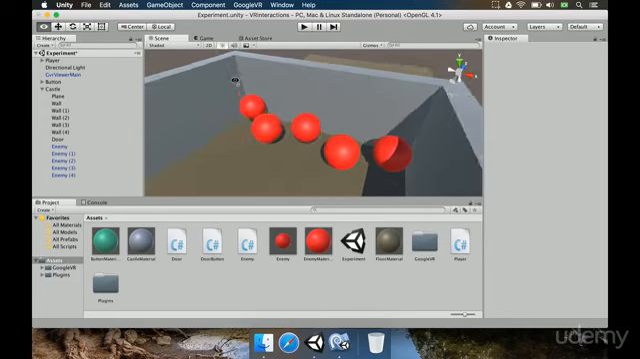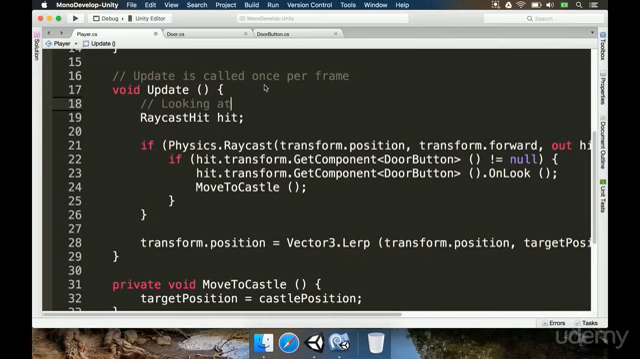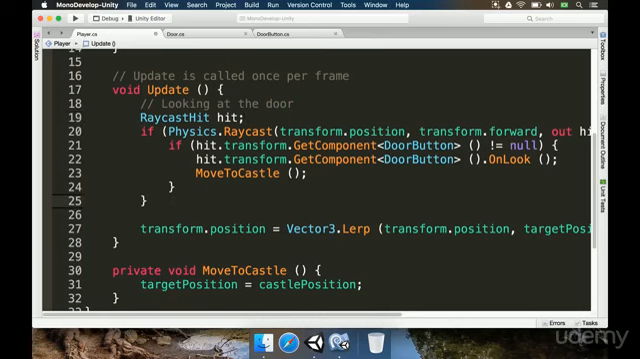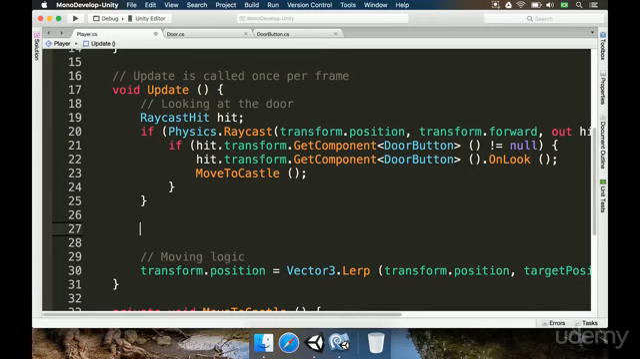We're going to do something very similar to what we did with opening the door, but this time it's going to be a bit different. So this is basically the logic for looking at the door. I'm just adding a comment here, but we want to also look at the enemies. Let's also make here moving logic. These are just comments that don't change your code, but they basically explain what's happening here. Now we're going to type